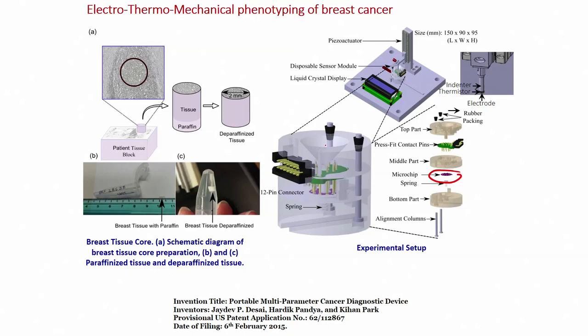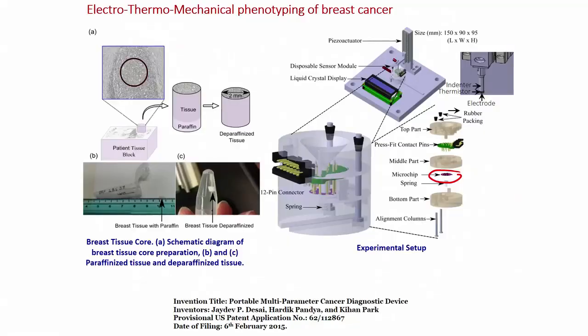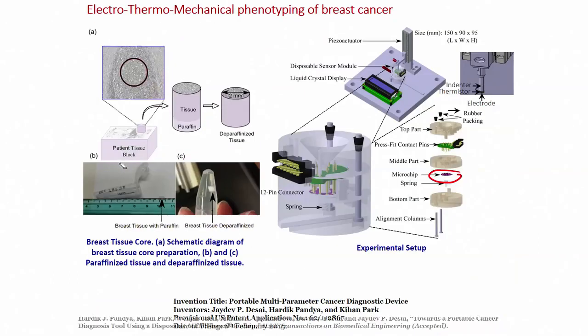You can load the tissue in this area, and we have already discussed how we can work on understanding the properties of tissue: the thermal property, electrical property and mechanical property. So, let us now see the first step, that is our heater. If I want to fabricate the heater on the silicon substrate, what is the process? The process is standard lithography. I will draw it here and you follow it.